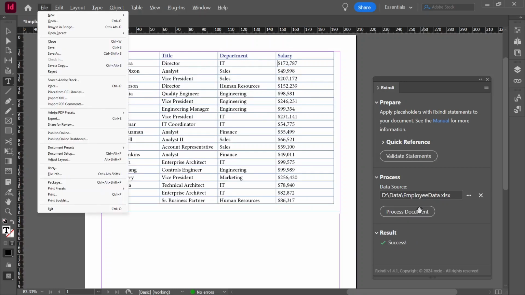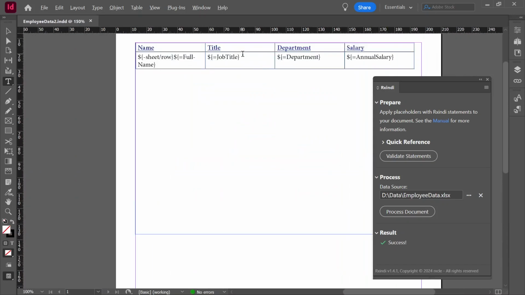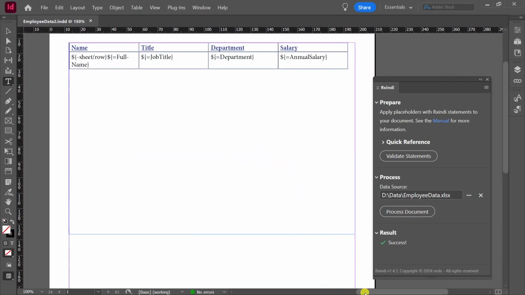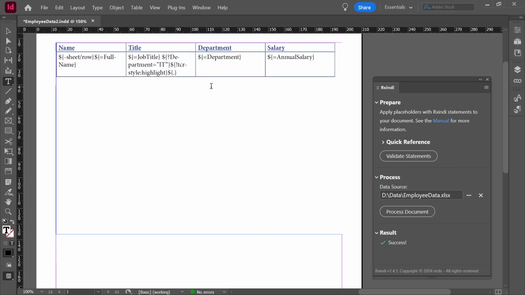For table rows we can make good use of the power of the table styling actions in Rxindi. Say for instance that instead of filtering, we want to make each row in the table, for employees of the IT department, green. For this we have defined a cell style in the template document, called highlight. Now we can add an action, with a condition to check whether the department name is IT, and if so apply the cell